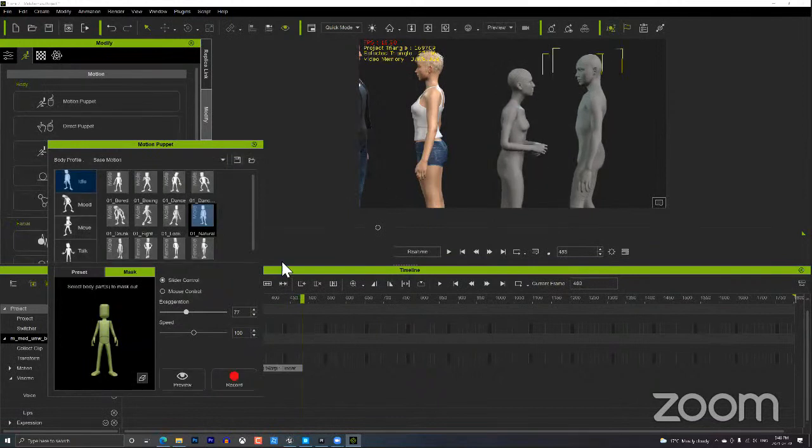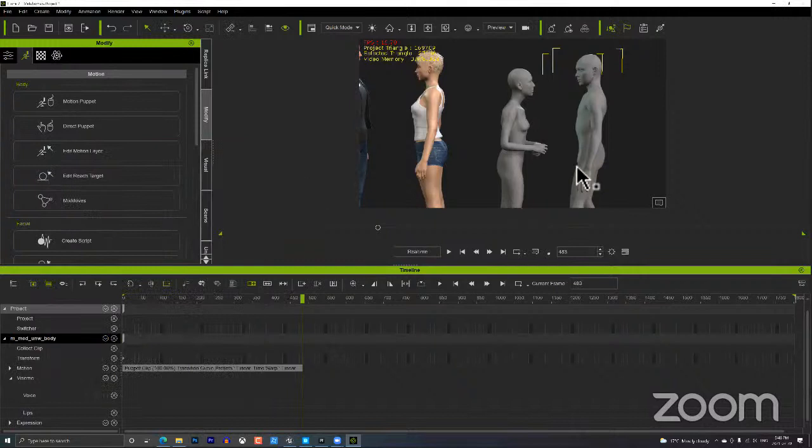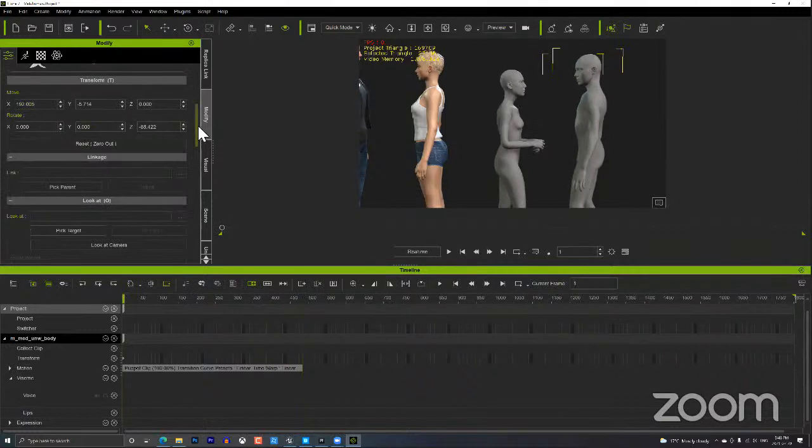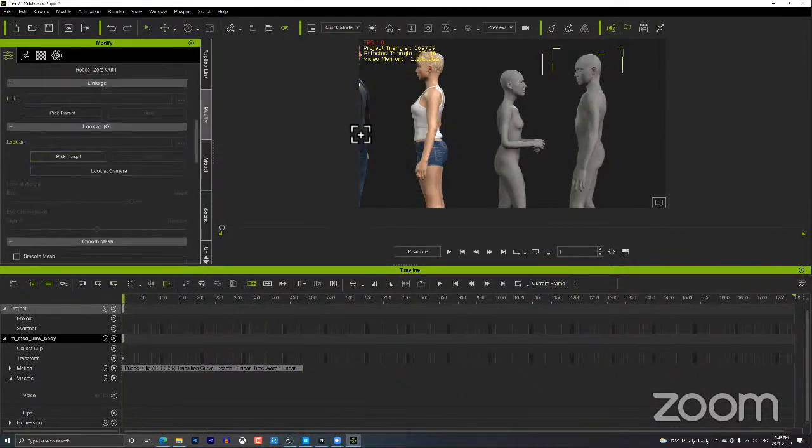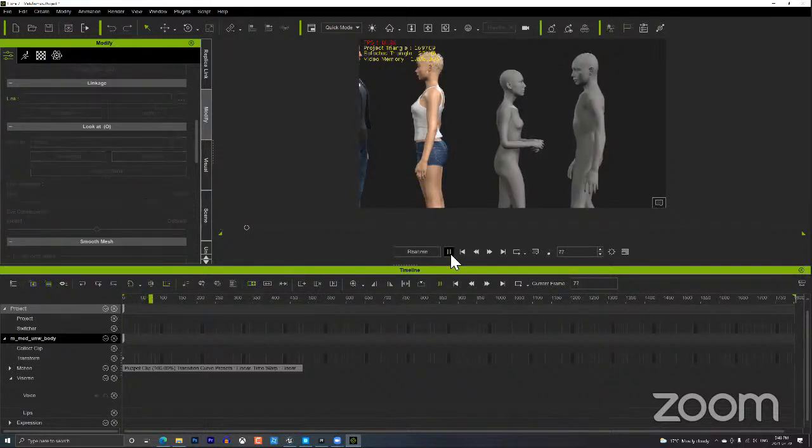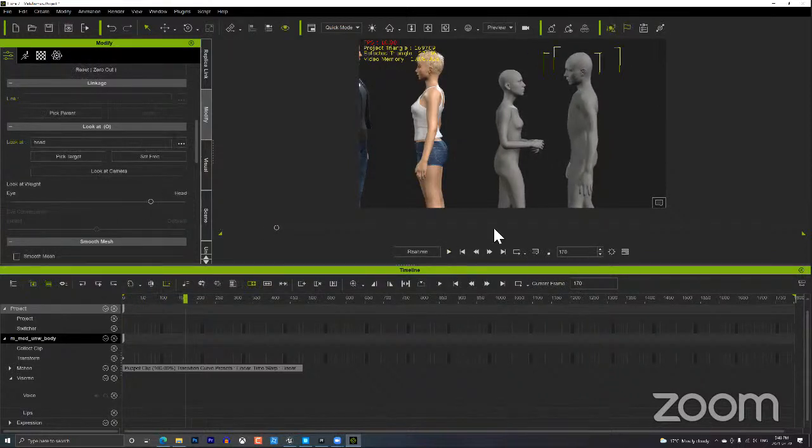Okay, and then he's going to respond. We also want to have him look at the female character because he looks like he's looking around, not interested in what she's saying at all. So let's have him also look at her. So pick target, look at her head there. And of course, you can adjust to the eye or the head, however much weight you want on the look at. Okay, so the other day, my mother gave me some big. Okay, so let's go into